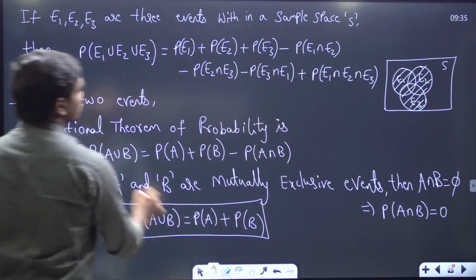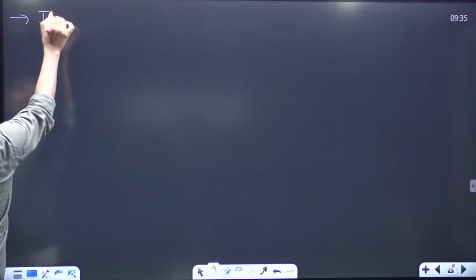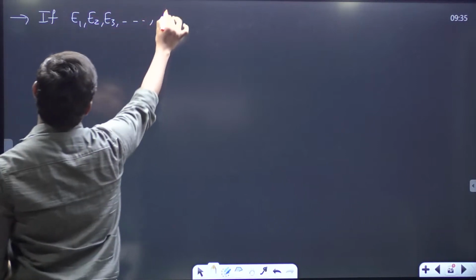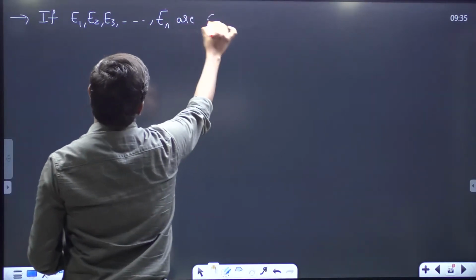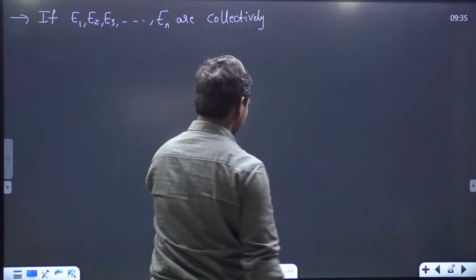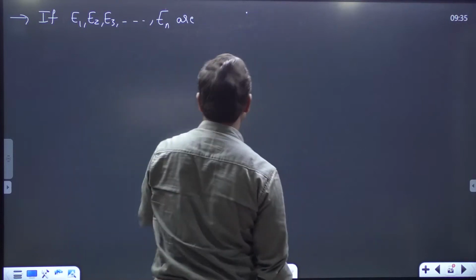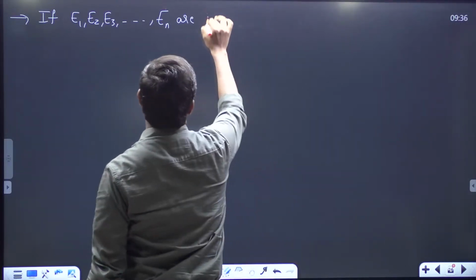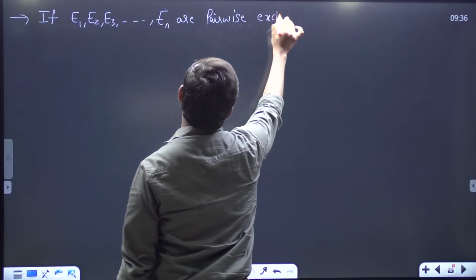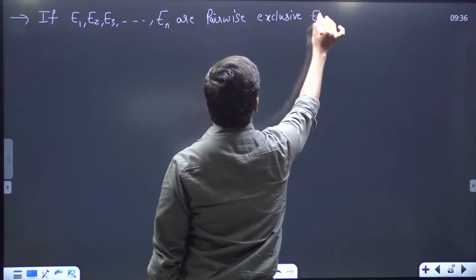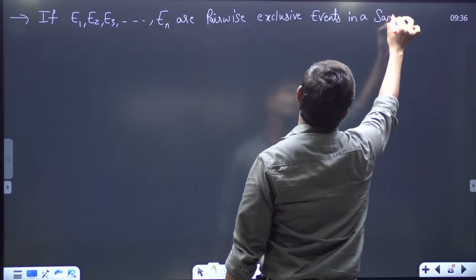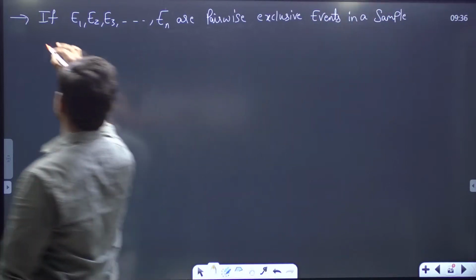So if you want to write this in generalized format, if E1, E2, E3 and so on up to En are collectively exclusive, or you can write mutually exclusive, meaning pairwise exclusive events in a sample space S,